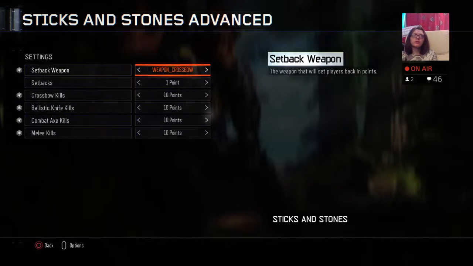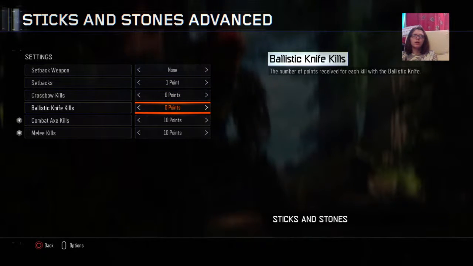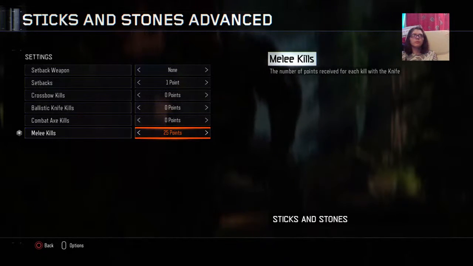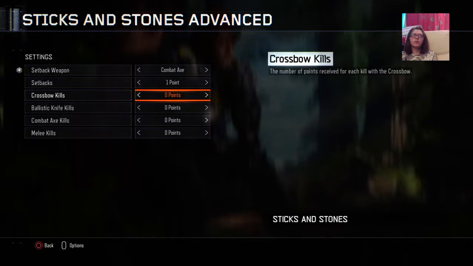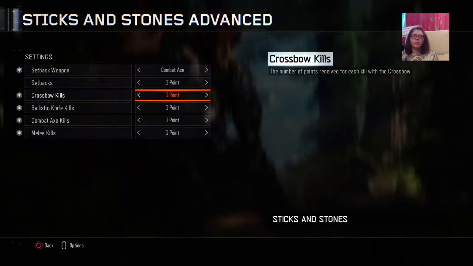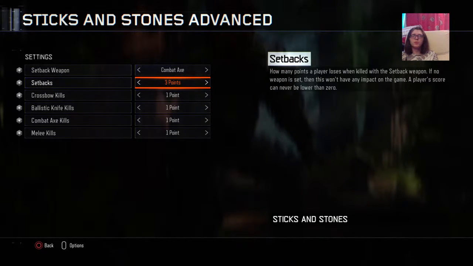$200, Sticks and Stones Advanced. I'm just going to set this back to normal. Let's put that. I think it is the combat axe, so I'll do that. Let's go one for everything. I think it is all points as well, which is the...